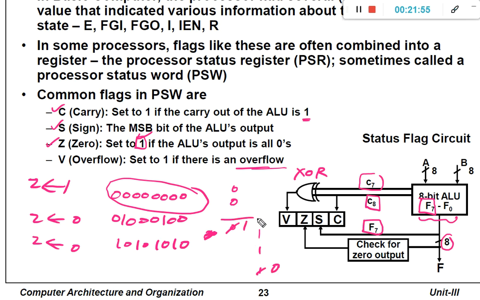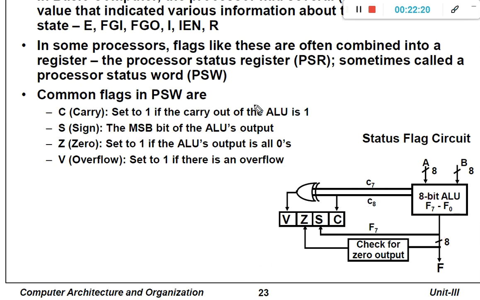So during this particular operation, we are going to get an overflow. We have discussed in the first unit how to recognize whether an overflow occurred or not. So if overflow occurs, then set the V flag to 1. 1 represents overflow occurred, 0 represents overflow didn't occur. So we already know all these different types of operations.